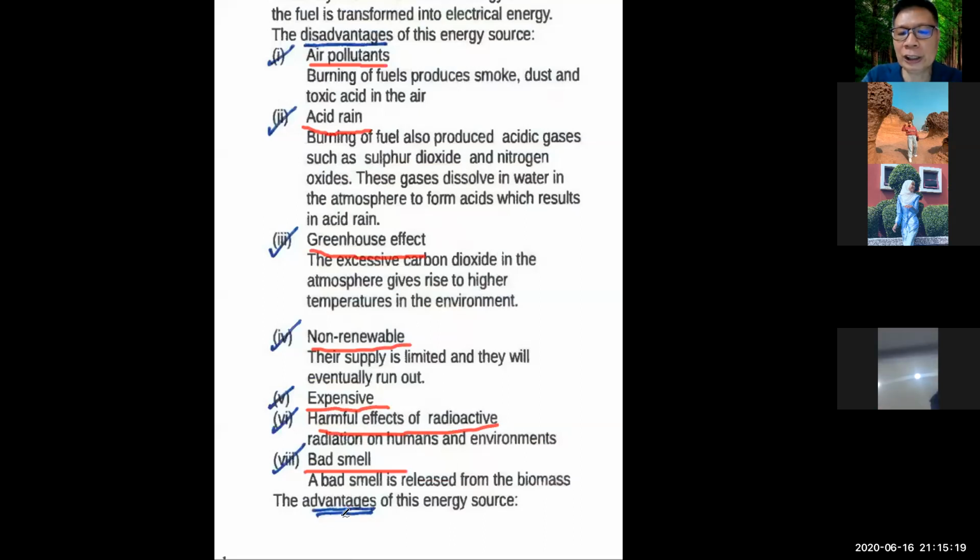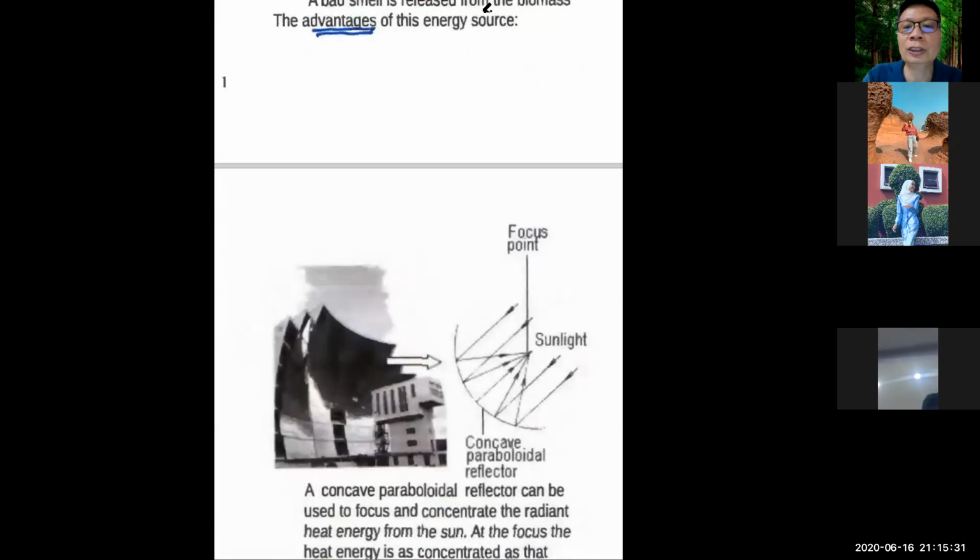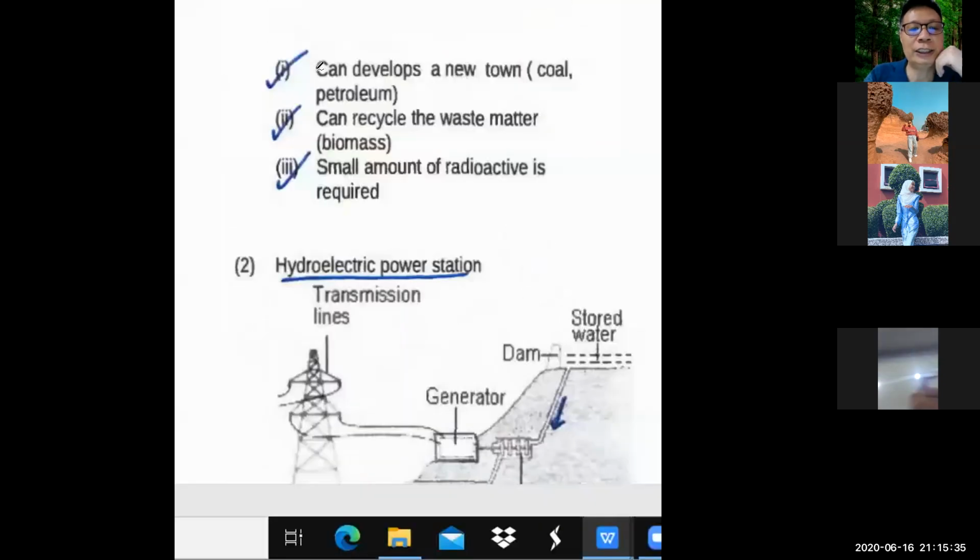And the advantages, the good things about this, what are they? So remember, all these are disadvantages. Okay, now we look at a few advantages. So only 3 here. Advantages. First is can develop a new town. Okay. I take example like